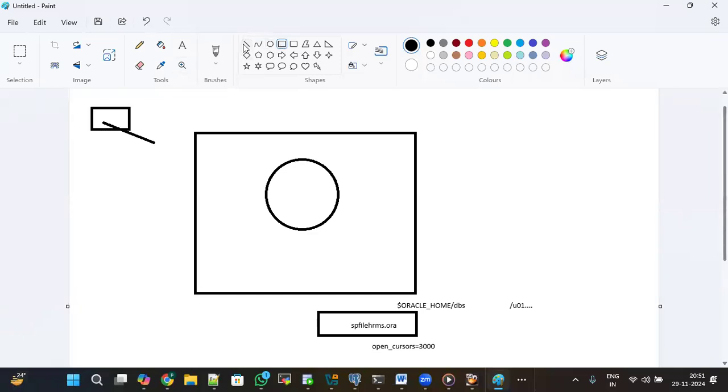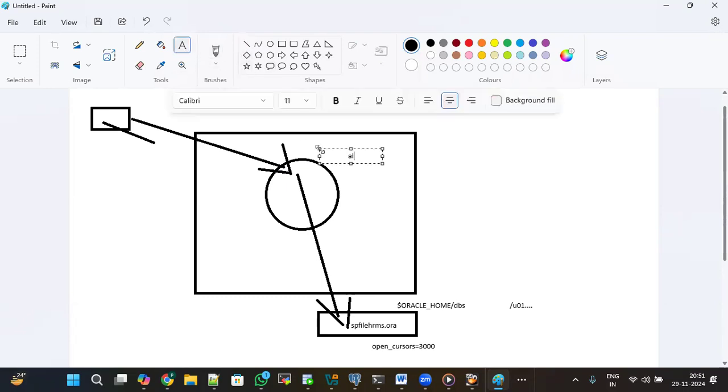Establish the connection using SQL*Plus and connect to the instance. This is the memory. When you give show parameter, what is the parameter value? It will read the parameter file and give the value 300. When you change the parameter, how do you change it? Using alter system set open_cursors equal to 400